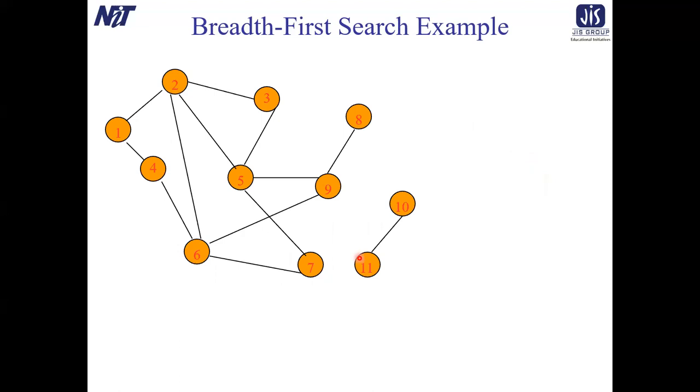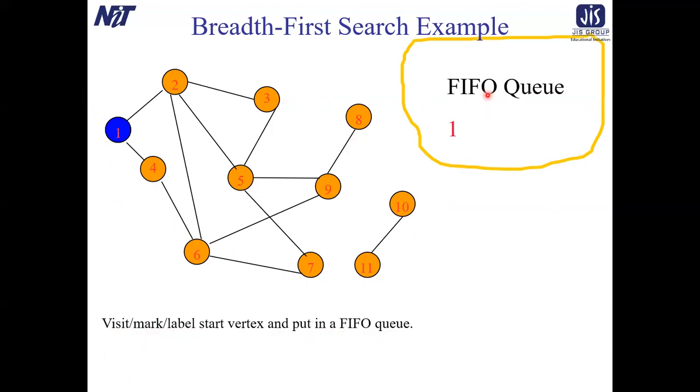Suppose this is my graph and we have to start from this vertex, 1. Now, what are the adjacent vertices of 1? That is 2 and 4. So first we visit, mark or label the start vertex and put it into the queue. That is, we have already marked 1 and we put this 1 into the queue. Now